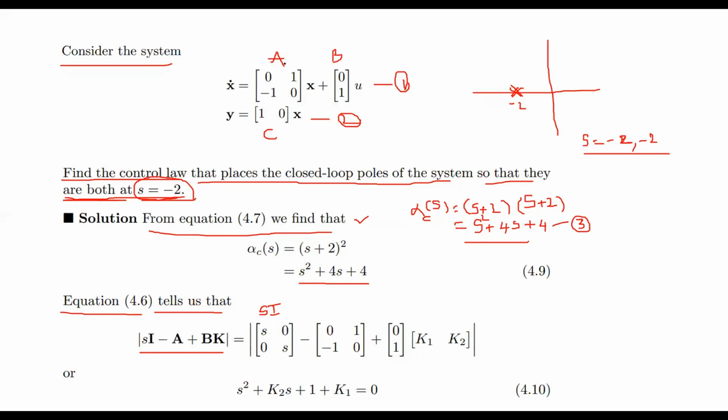This is matrix A, that is [0 1; -1 0], plus what is the matrix B? [0; 1] is multiplied with the matrix K. Here the order of the system is 2, so K should be K1 and K2. Suppose the order of the system is 3, then I can go with K1, K2 and K3. This is matrix K, this is matrix B, and this is matrix C. So all the values are available except K1 and K2. This is what I am going to find.